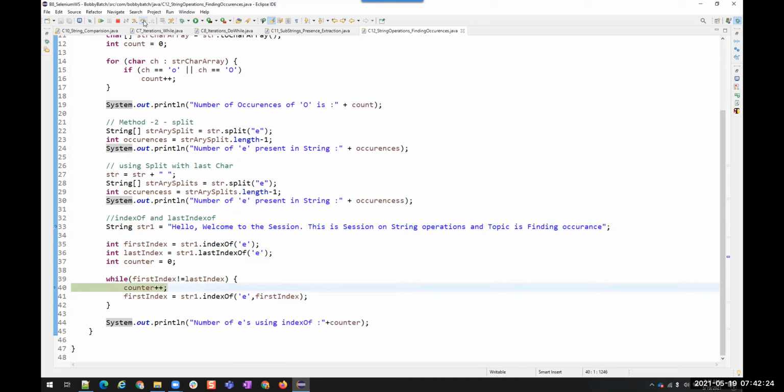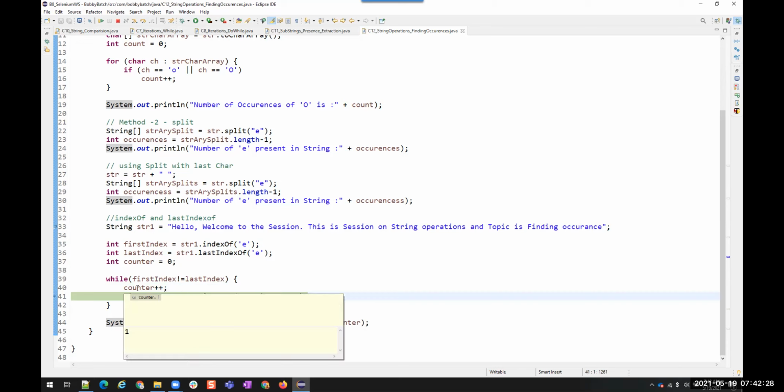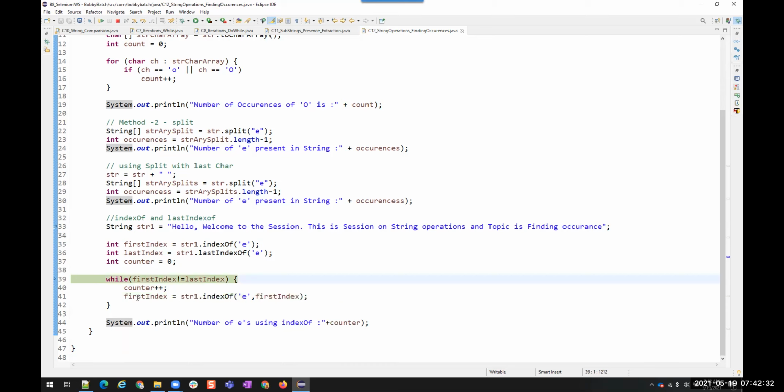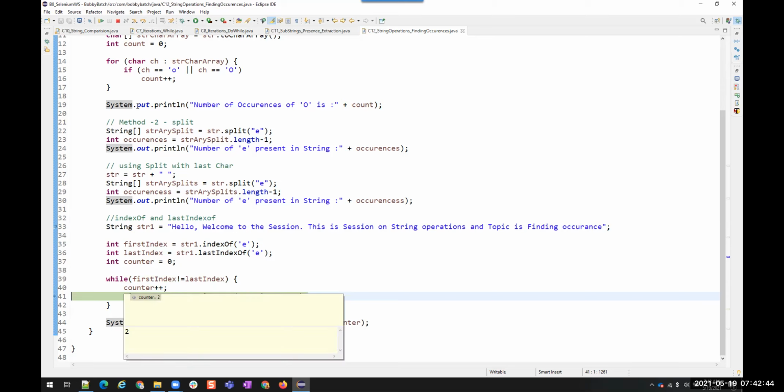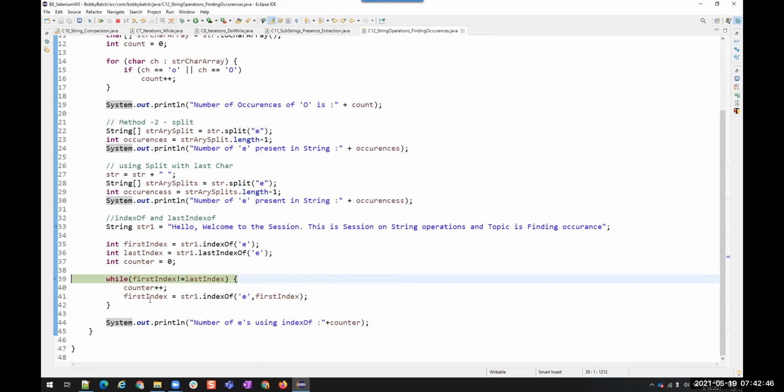Then we are having counter plus plus. So the counter value is 1 now. And now we are changing the first index. First index position is again 1. Okay, we are starting searching from 1. Okay, and now counter value is 2.